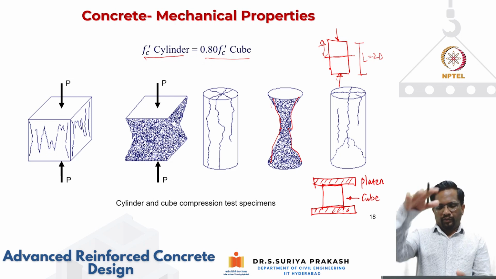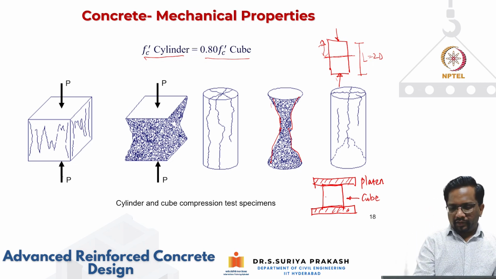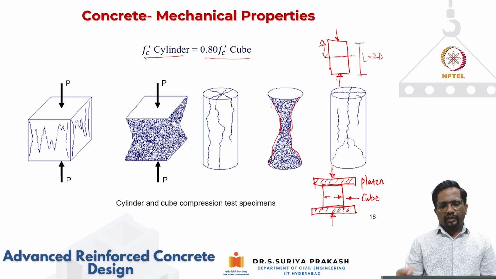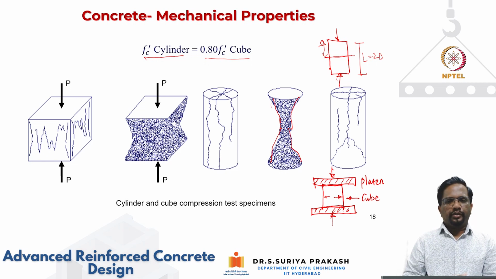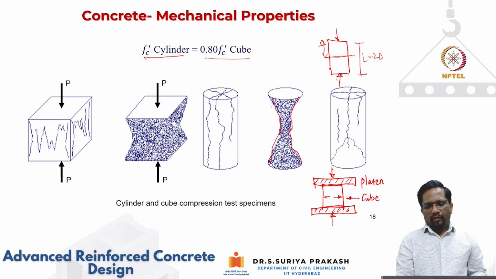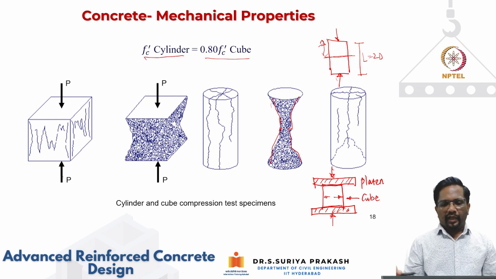So when you squeeze the concrete in compression, it wants to expand in the lateral direction. So it's going to be wanting to expand like this, right? Though you're applying compression like this, because of Poisson's effect. However, at the end surfaces in the cubes, there is going to be a lot of friction between the plate and the cube, right? That is going to prevent this lateral expansion, and it is going to put it in some form of lateral confinement. So what will happen is, the cube tends to give you higher strength than your actual material property